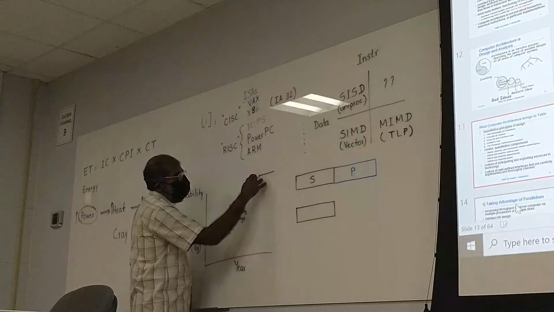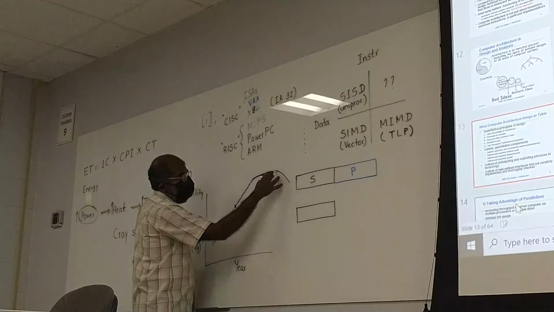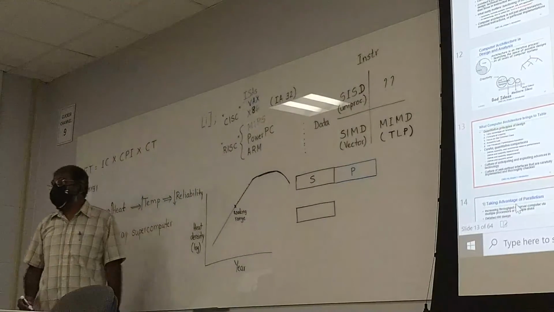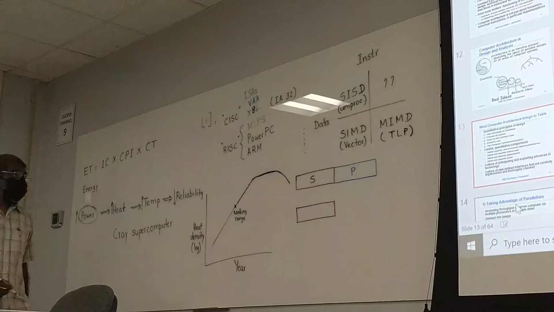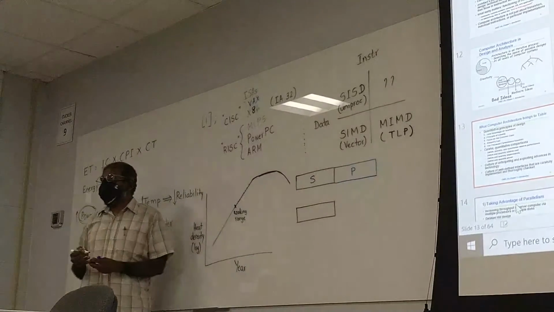So it was brought down, and now even lower. If you look at the ARM chips, for instance, they have really worked hard to bring the power density very